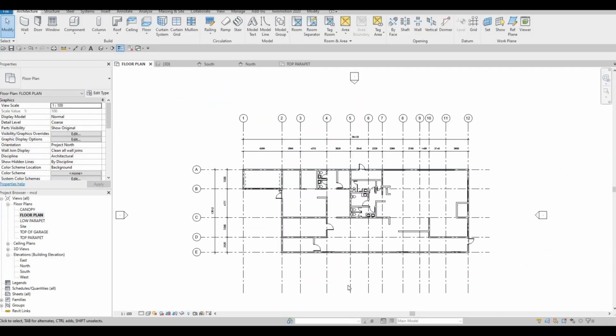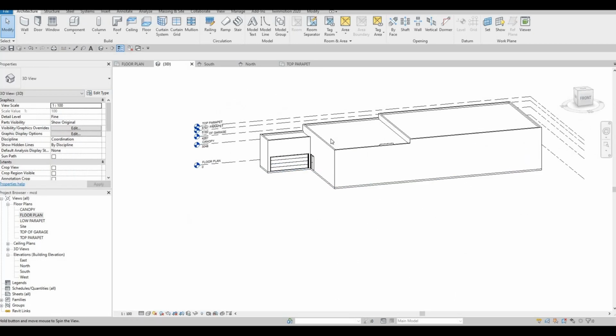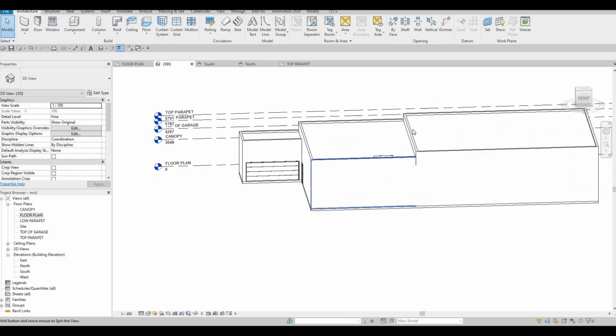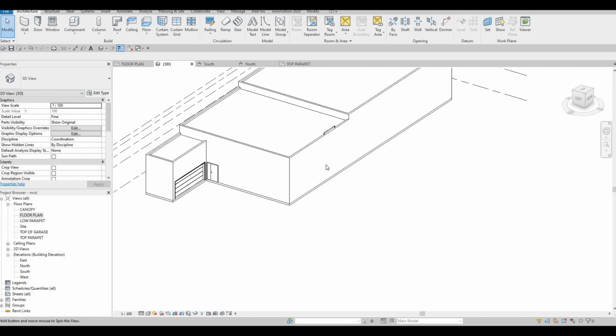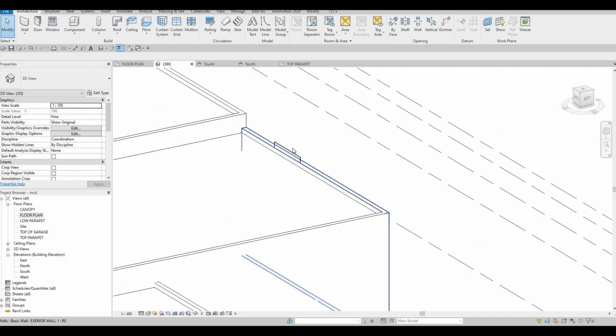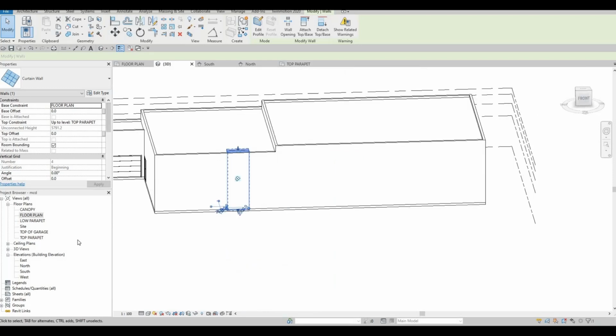So in the previous video, we were able to set up our elevations. If we check our 3D, we have different heights for our elevation. We added our parapets and we fixed this one. We extended and then we created an opening for the area right here. So now here, this is the glass that we added before we finished up